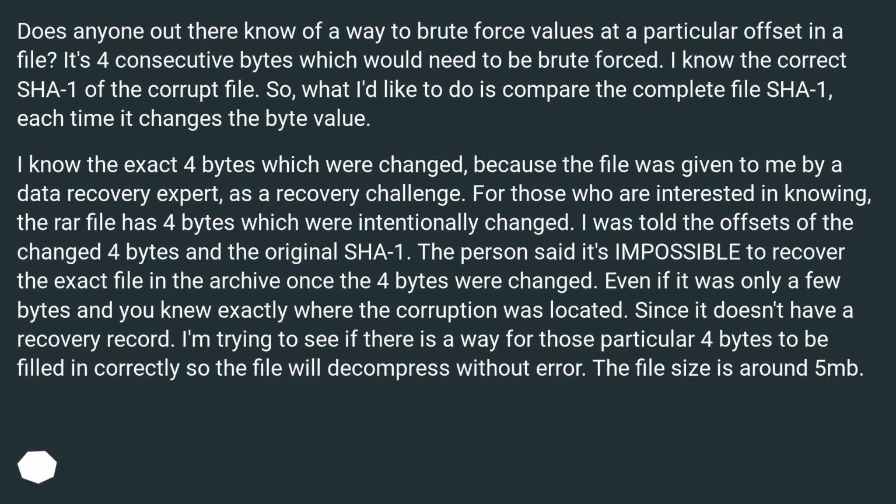I know the exact 4 bytes which were changed, because the file was given to me by a data recovery expert as a recovery challenge. For those who are interested in knowing, the RAR file has 4 bytes which were intentionally changed. I was told the offsets of the changed 4 bytes and the original SHA-1. The person said it's impossible to recover the exact file in the archive once the 4 bytes were changed,